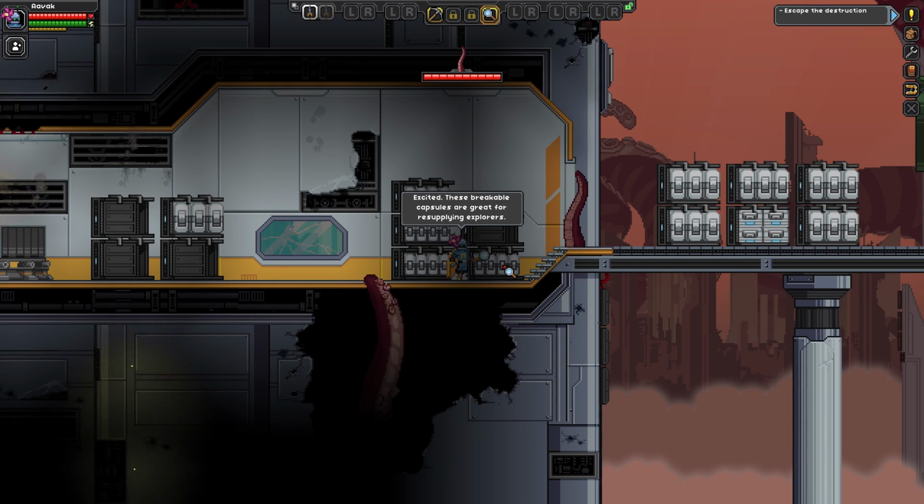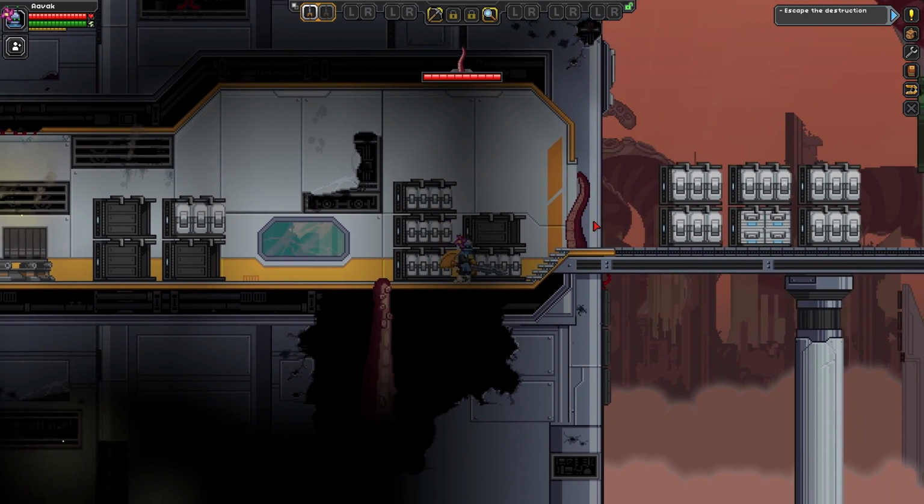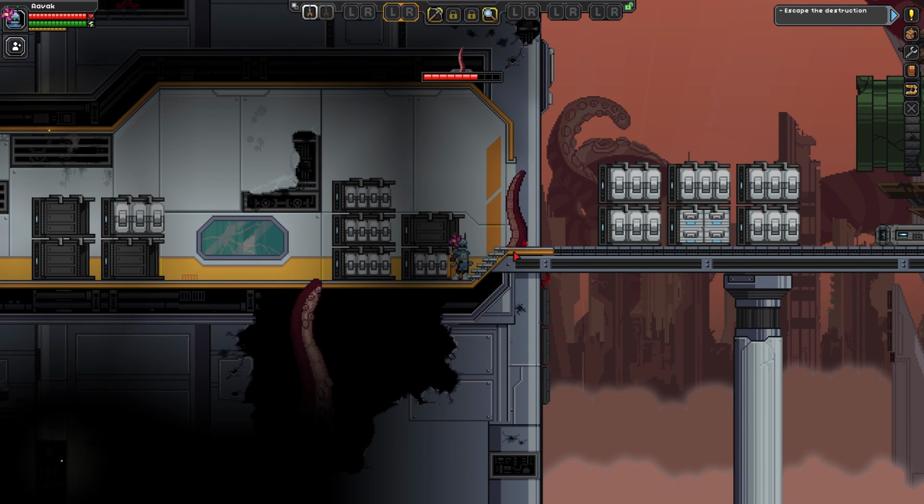Excited! These breakable capsules are great for resupplying explorers. If only I could break them now. Interested, these pods are launched into space and land on the nearest world. Oh, so it is actually being launched from this world. Okay. And I'm guessing I need to go through...